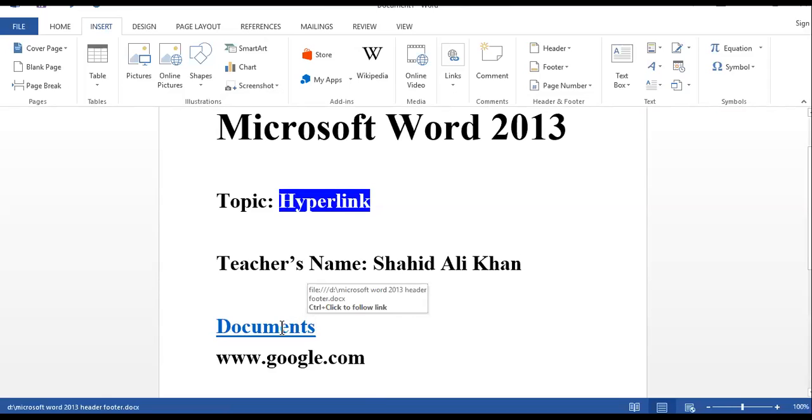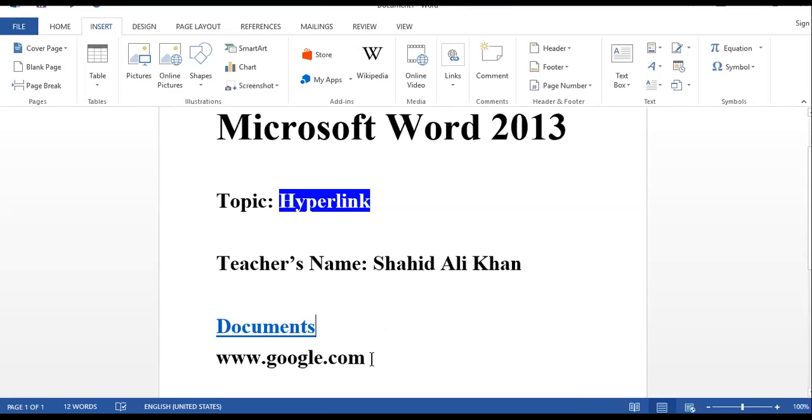Whenever you move your mouse pointer, it will not change to a hand like in websites, but it will show a vertical I-beam, and the text appears on the screen. That shows that this one is a hyperlink. When I move my mouse pointer towards the blank space, it will disappear. When I move again, you can see the text appears. That means this is a hyperlink, and this one is not.